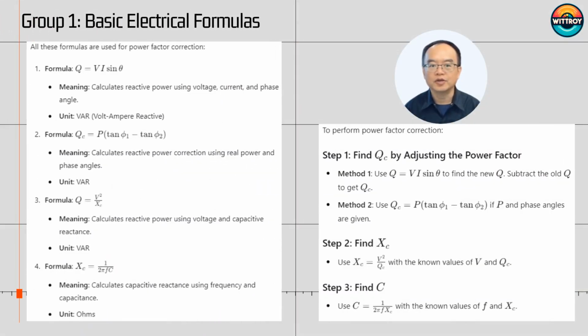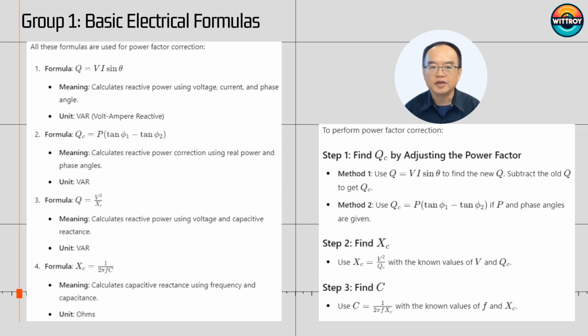First, let's look at the formulas themselves. All these formulas are used for power factor correction. Formula: Q equals VI sin theta. This formula calculates the reactive power, Q, using the voltage, V, the current, I, and the sine of the phase